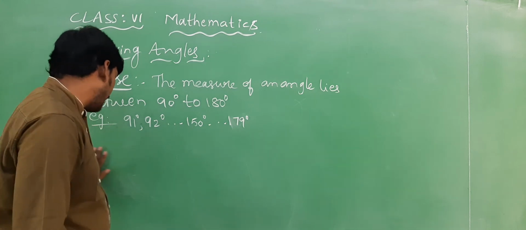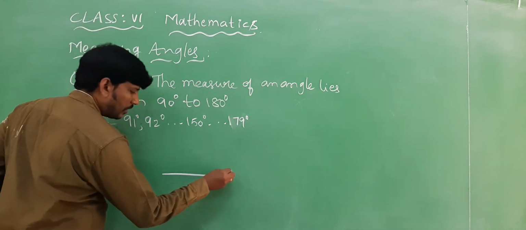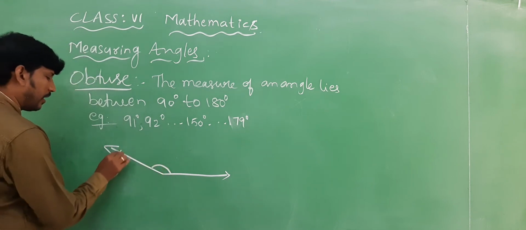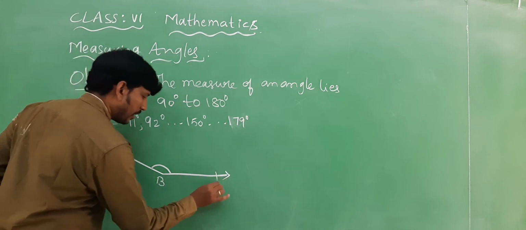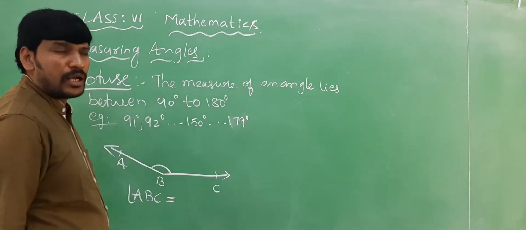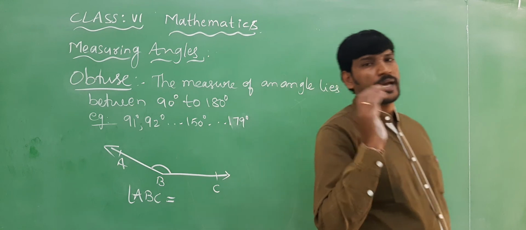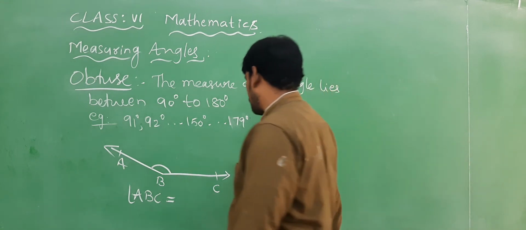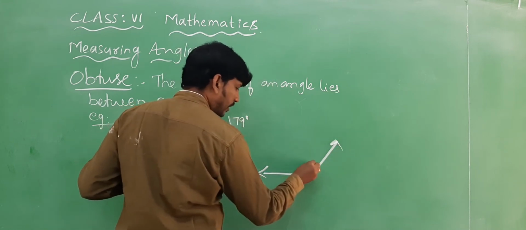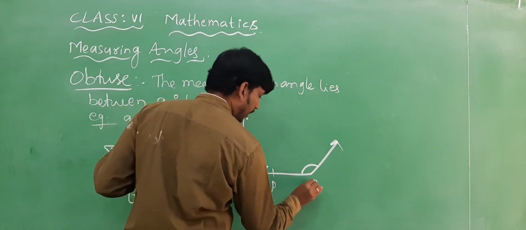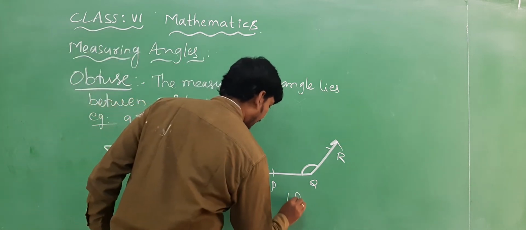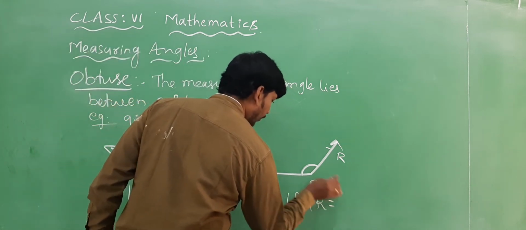The diagram of an obtuse angle is generally like this, this line is compulsory. This is an obtuse angle. Okay? Here it is A, B, C. Angle ABC is an obtuse angle. So if it is an obtuse angle, we will get a measure of more than 90 degrees. Right? Either it should be like this or like this. Okay? In both ways we can say P, Q, R. Here we are going to measure angle ABC and here angle PQR. PQR means we are going to find Q.